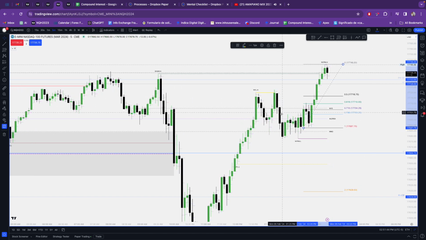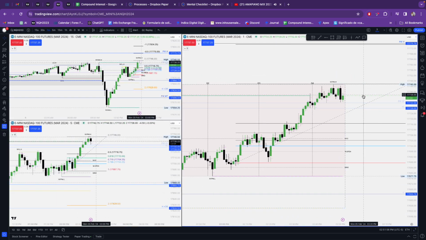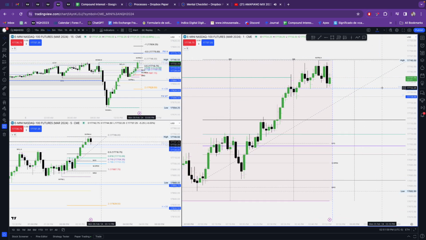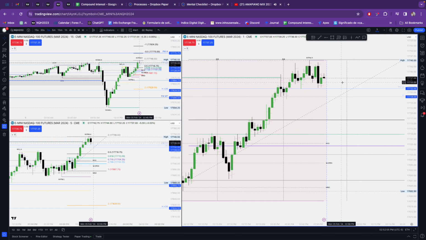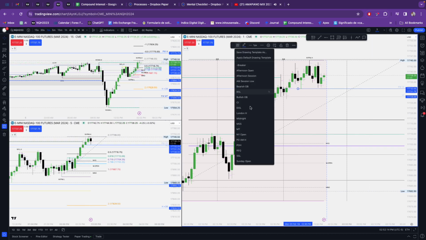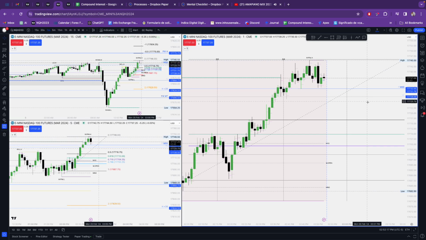And like how we had this strong manipulation down, sideways, move up. So I don't see a 2022 model here. But if we were to get a 2022 model, this previous week consequent encroachment would be the draw on liquidity, or at least right here would be the draw on liquidity. And the market structure shift would be right here. Market structure shift. And we would need to see a fair value gap come down here, run up, boom.